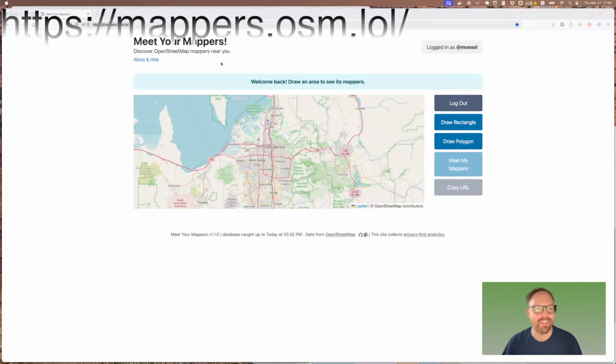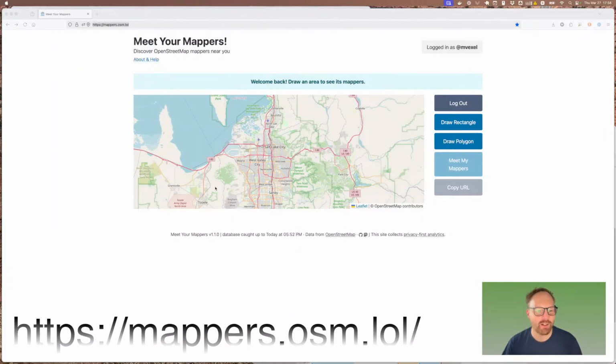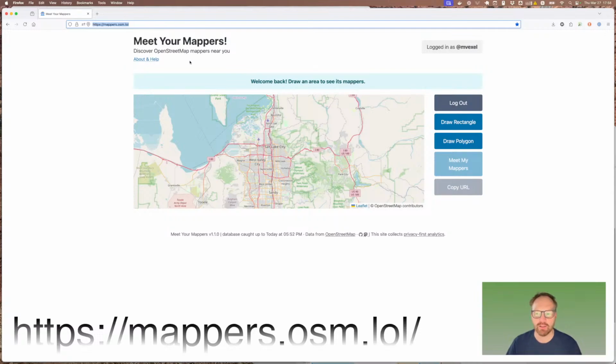There we go. So this is the URL. This is nice and big. Mappers.osm.lol. If you go there, you'll see something a lot like this. You can use it on mobile, but it's really best on desktop because the site is not really tested on mobile, and I don't think it's as useful there because you just kind of want to sit at a computer